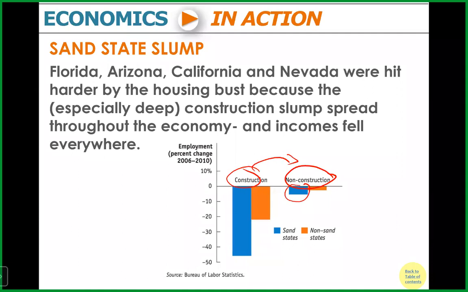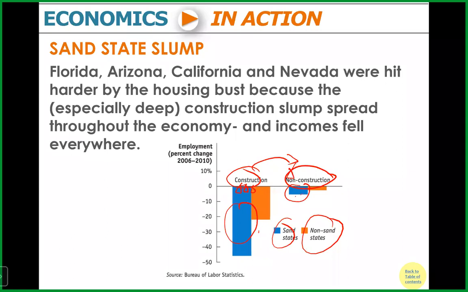It's because those people who work in construction, because of the housing market slump, lost their job, lost their income, right? And then they cannot spend as before. So that's going to have an impact on non-construction. But certainly, the impact is different depending on whether you are in a sand state or a non-sand state, right? And the difference largely reflects the difference here,